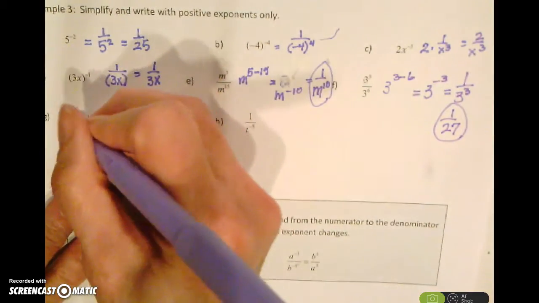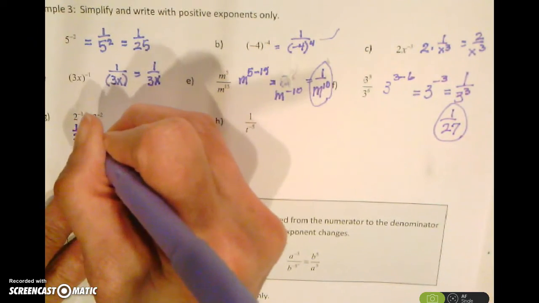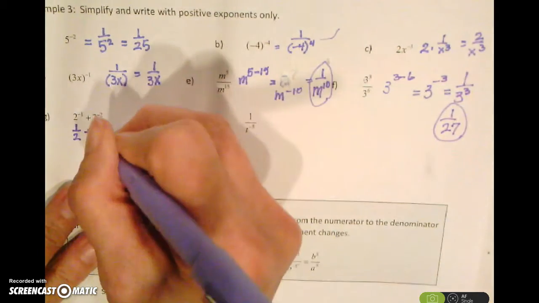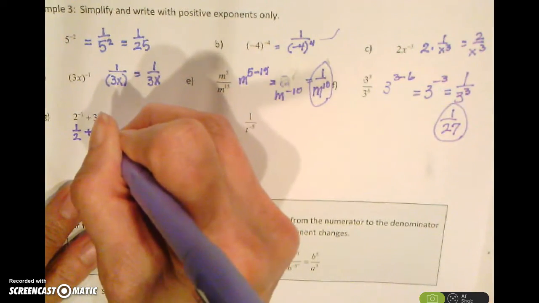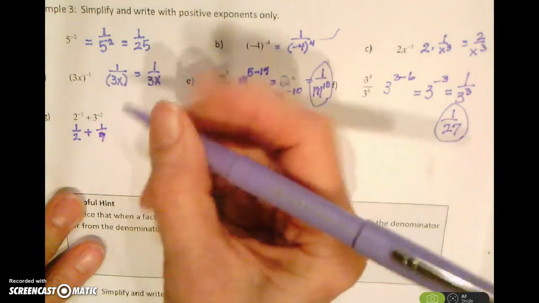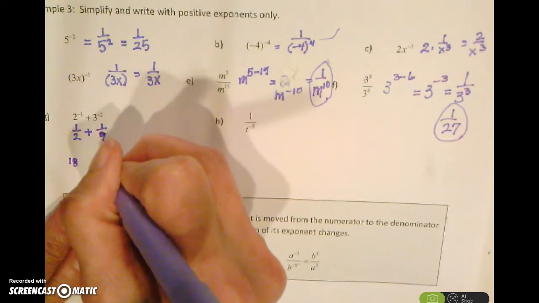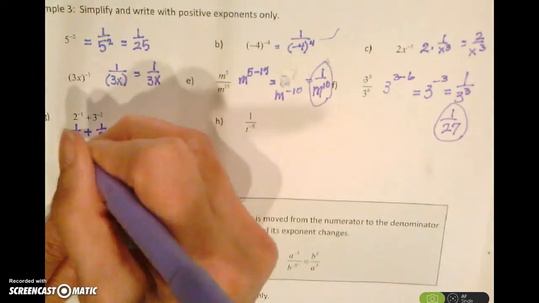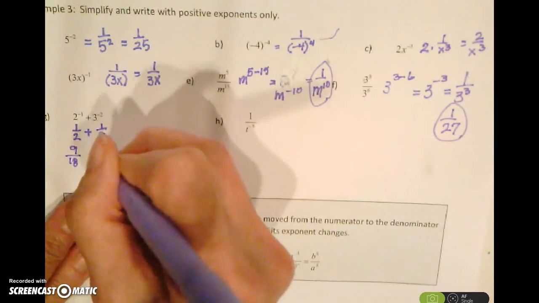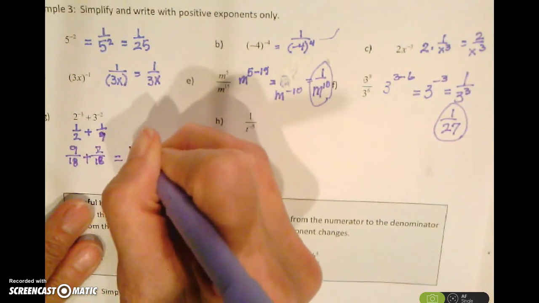Now here, I have 2 to the negative 1, so that's 1/2 plus, and then 3 to the negative 2, which is 1 over 3 squared, and 3 squared is going to be 9. And then I need to finish that up by adding them, so I need a common denominator of 18. And so 2 will go into 18, 9, that's 9/18. And then this is 2/18, and add them, and my answer is going to be